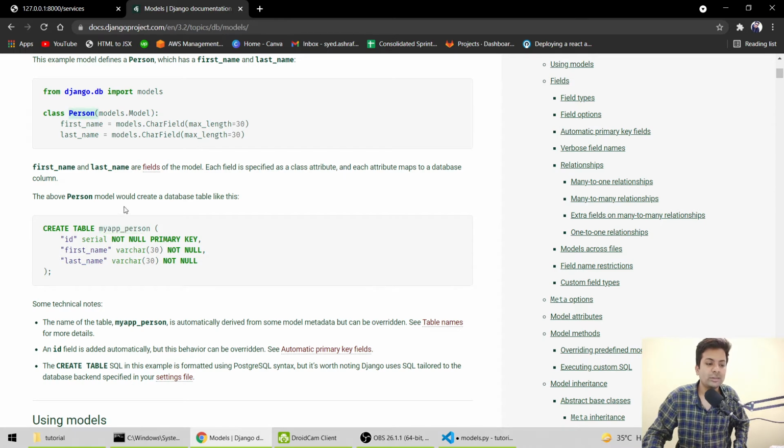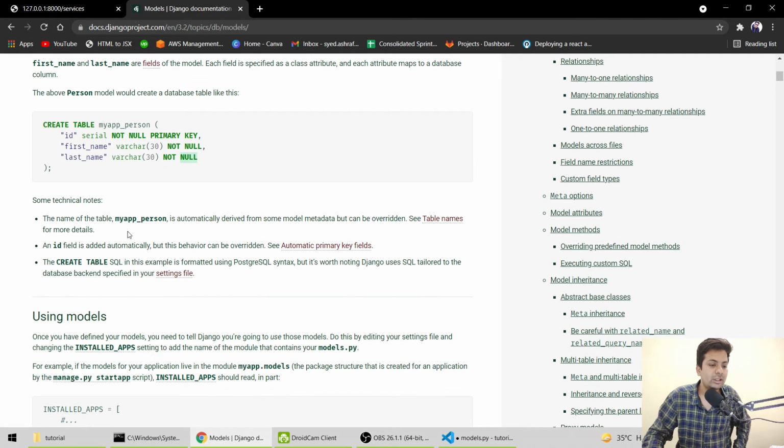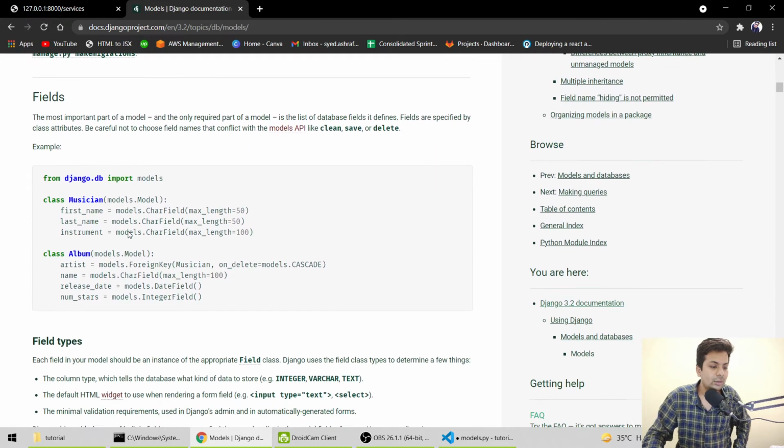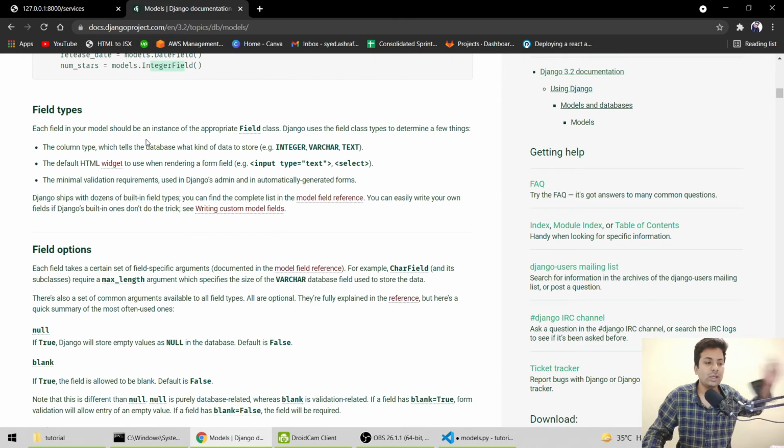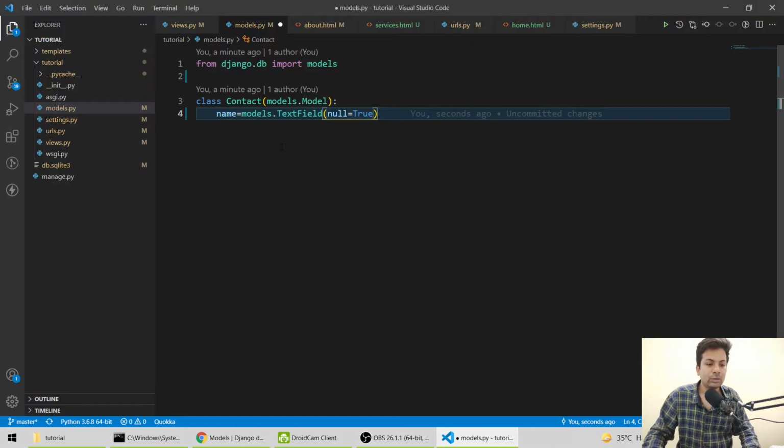It's showing Person, so it's using it as myapp_person. Then an ID is automatically created by SQL only. Then they have first_name not null, last_name not null. So that's what is happening here. Okay, so see, CharField, ForeignKey, DateField, IntegerField. These are multiple fields. You can just Google and know.